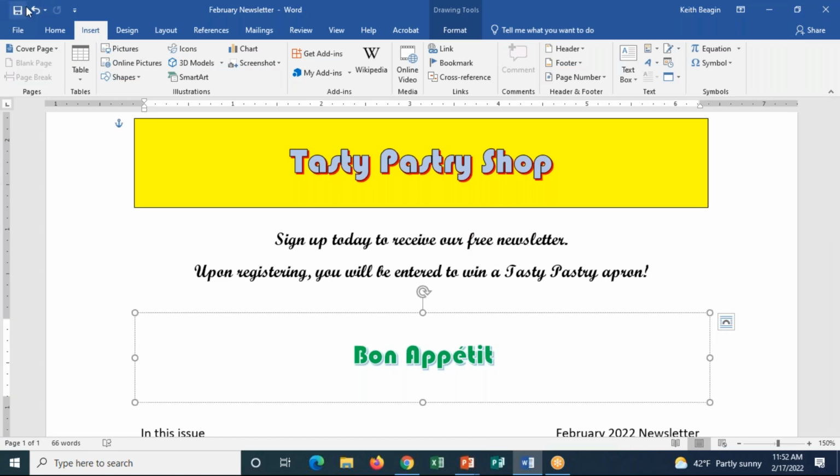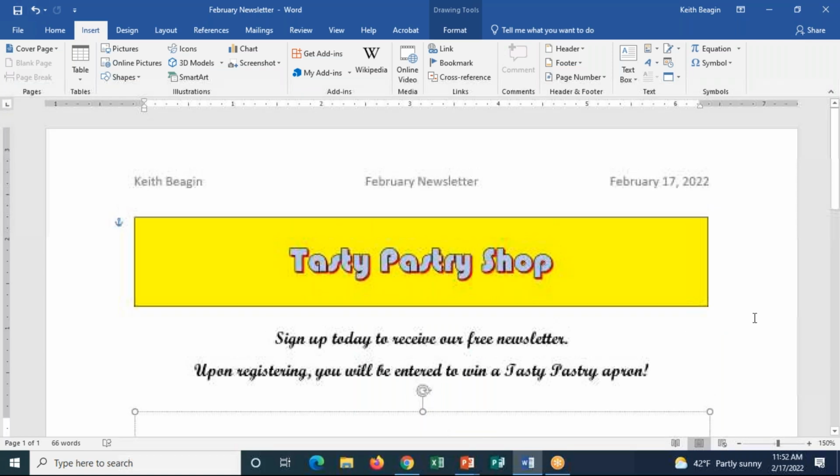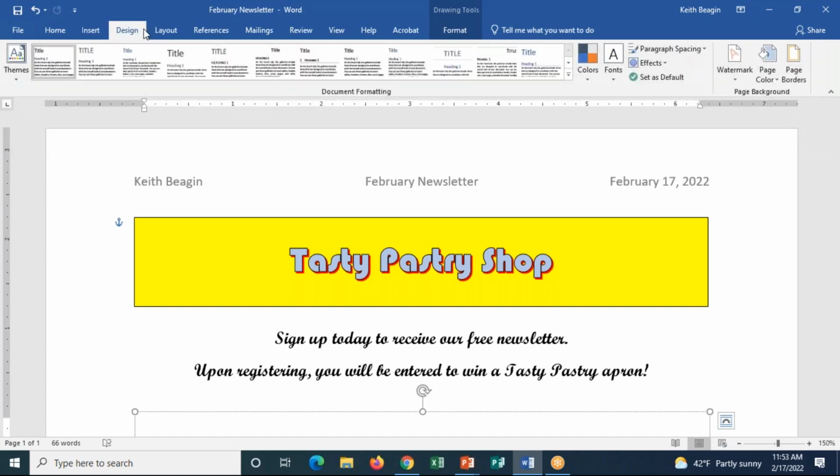Last but not least, we want a page border, and then we'll be all set with our newsletter. So as I said, a page border, remember, it's not an object. It's a design feature. It's something that we just embed into the actual document. So it's a design feature, so we go to the Design tab. All right, these include a bunch of different kind of built-in ready-made designs for how you want your document formatted